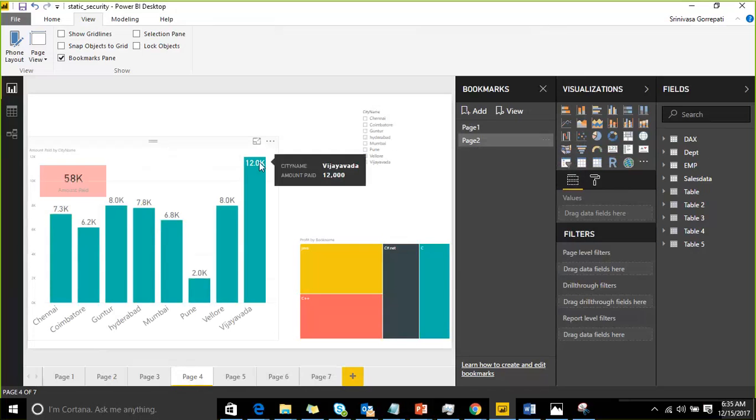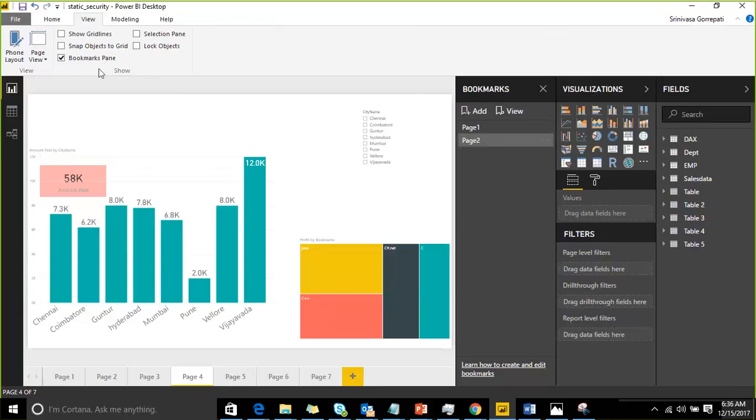So that page will be saved whenever you have multiple pages. If you want to see the frequently visited report pages, you can click here, and automatically it will be redirected to this page. That is what the bookmarks pane is: you can add pages which you frequently visit.